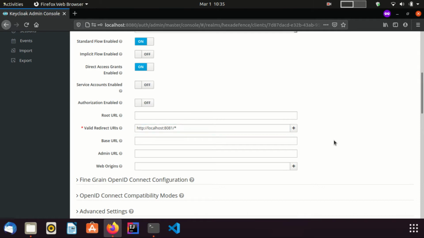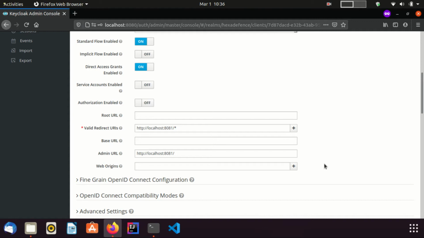This URL belongs to the Spring Boot application we are going to create. I set the admin URL also as http://localhost. The admin URL is used to support the single logout feature.